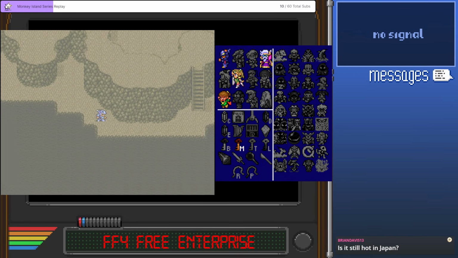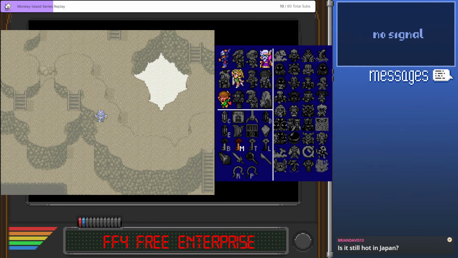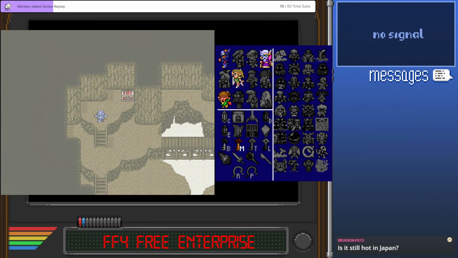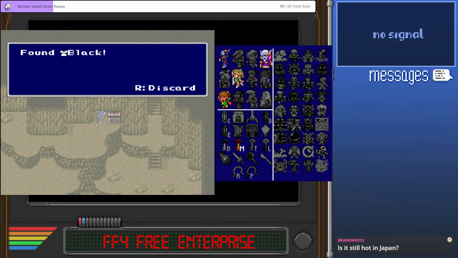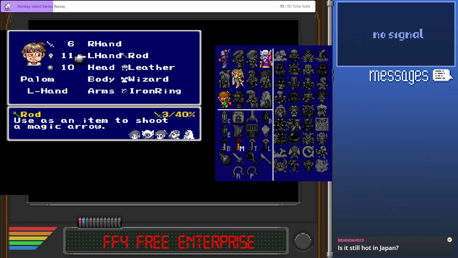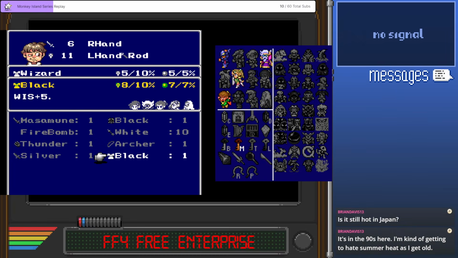I know one of the settings for this randomizer is to turn off the ability to get the freebie characters, like the two in Mysidia, but I'm not quite confident in myself enough to go for that. 200 gold, oh boy. Black. You should be able to wear that. That'll be better than this wizard gear, almost certainly. Not much, but...